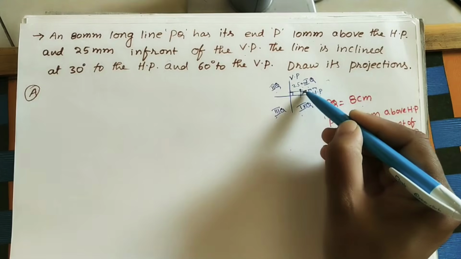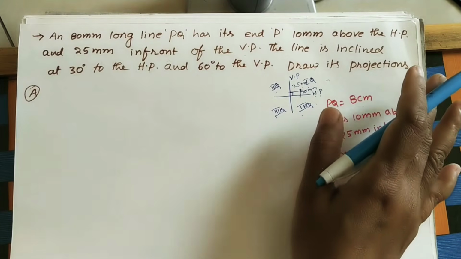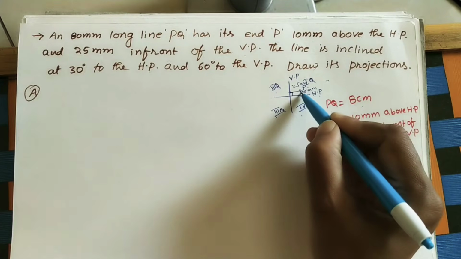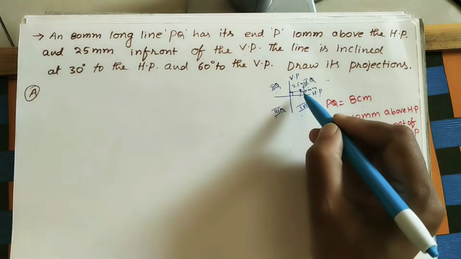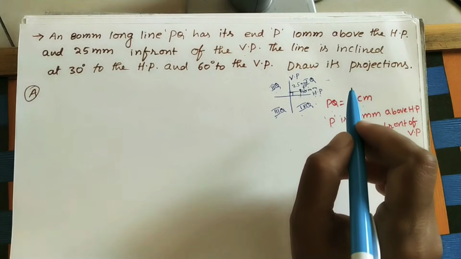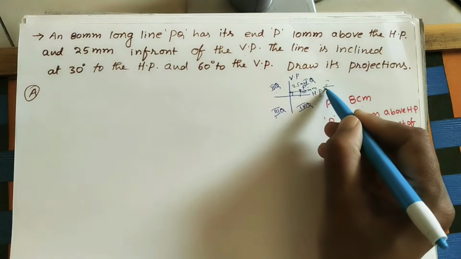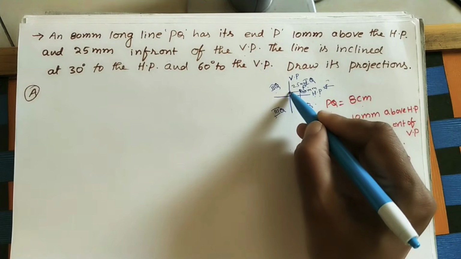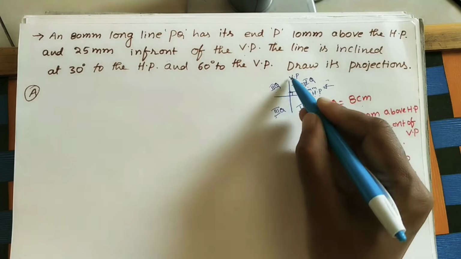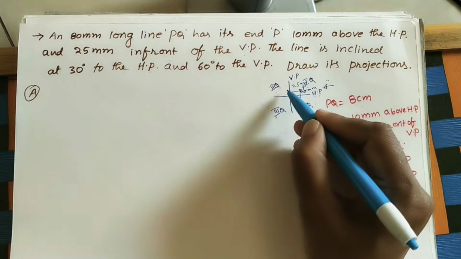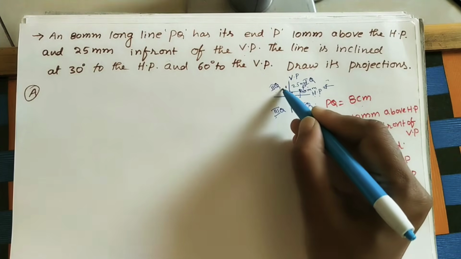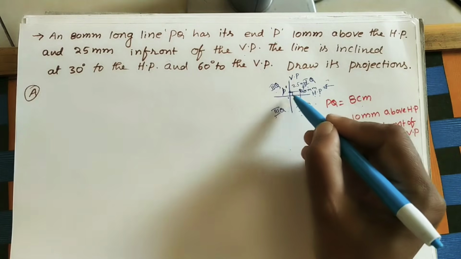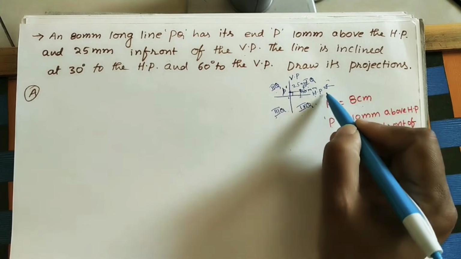Maybe it is like this or any angle. First take the position of the P point. Okay, this is the P point. Now we need to do the P position first. We have to mark the front view of P and the top view of P. If we see from the front of this P, then after 10 mm or 1 centimeter we can see the front view of the P point here, on which plane? The vertical plane. P dash is the name we give for the front view. It is coming on the vertical plane. This gap is, as I told, 10 mm. And this is the front view.